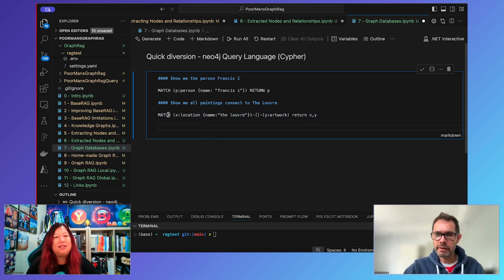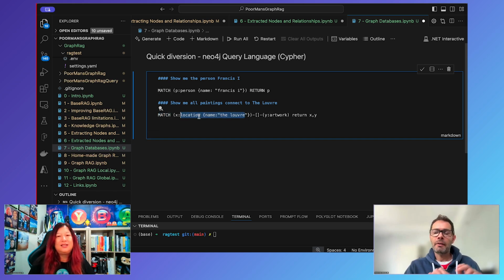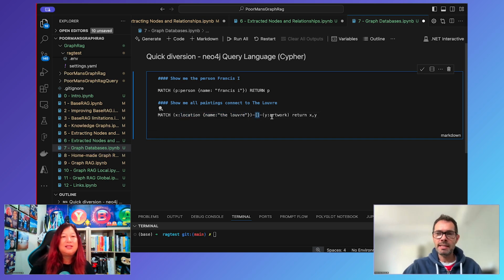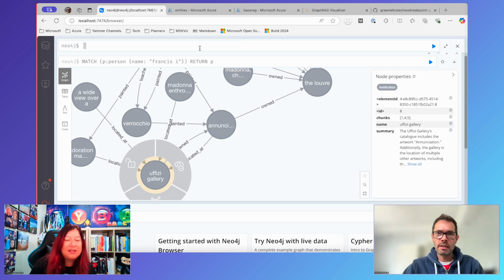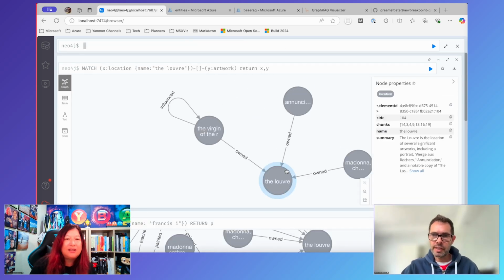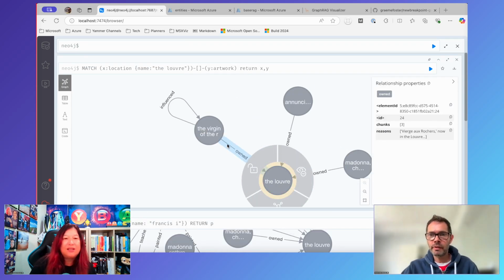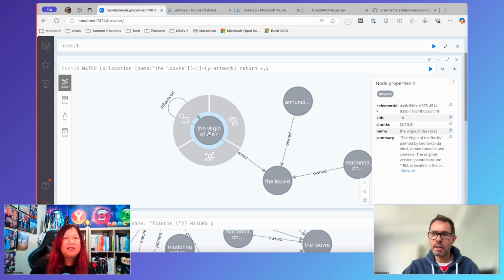So this little query is going to basically say, look, I want you to match all nodes starting at the Louvre, and I don't care what the relationship is, but I want it to be an artwork on the other side. So if I run this, then this is a way that I can actually traverse the graph. So you can see straight away that the Louvre owns the Virgin of the Rocks, and